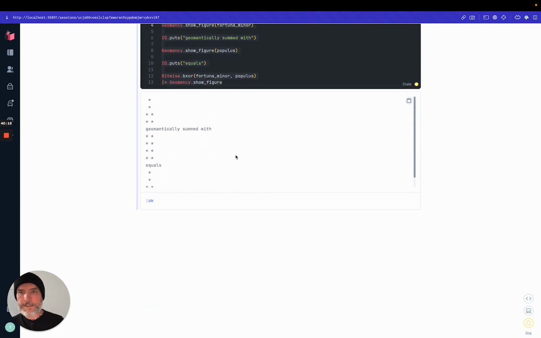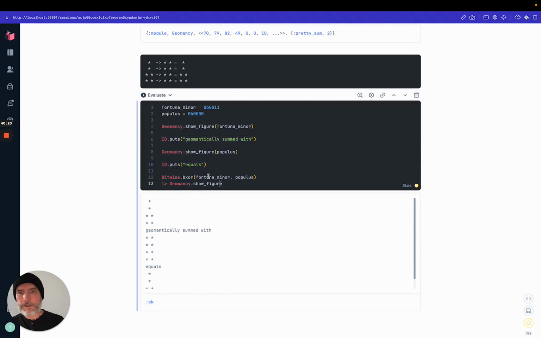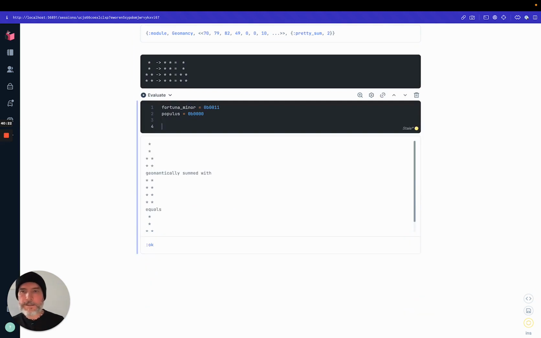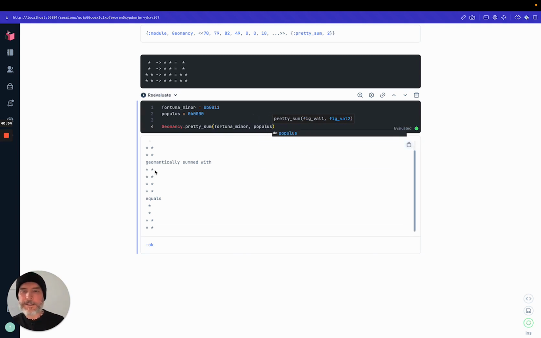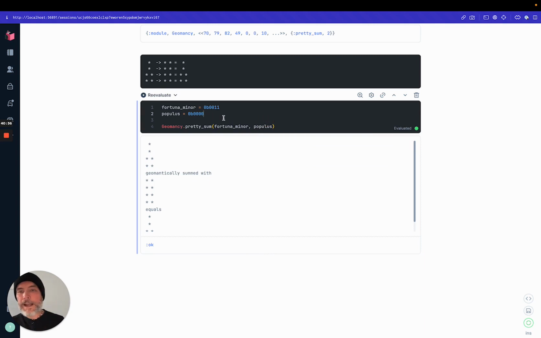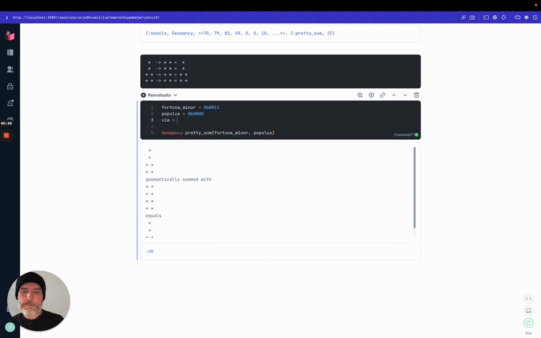And then coming down here, we can just get rid of all of this. Now we have another function in here called pretty sum. And we can say Fortuna Minor and Populus, and we get the same thing. And so now we could also say Via equals this. And then we could geomantically sum